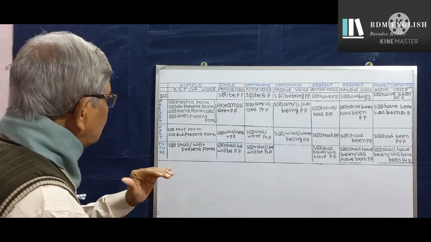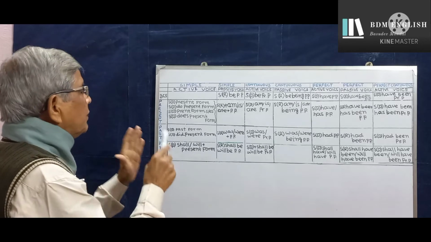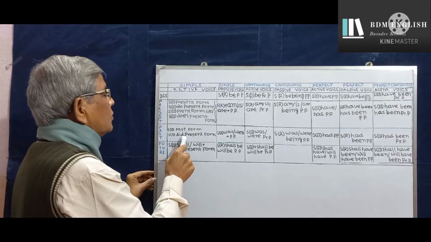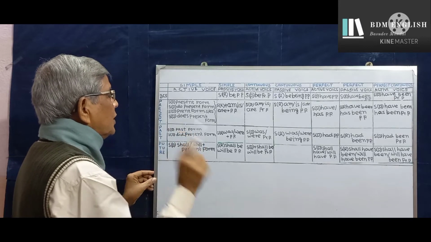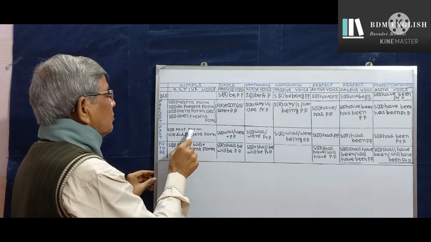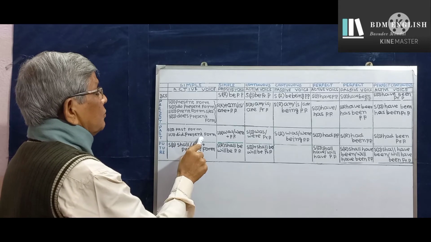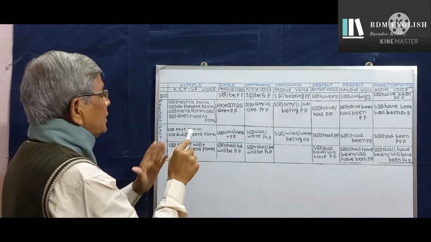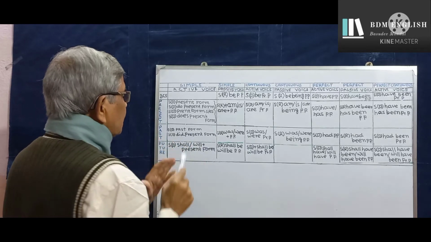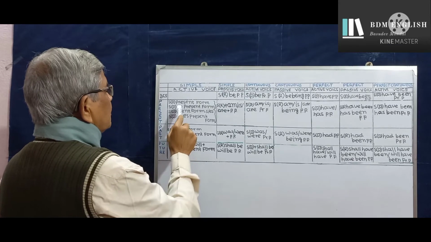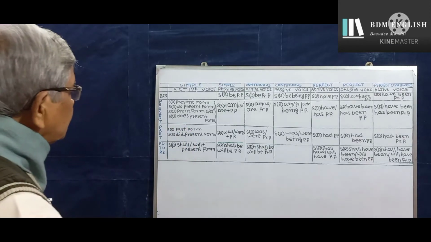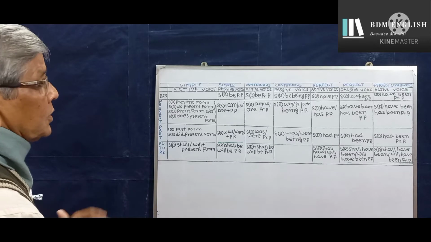Now, you have to bear in mind that when we make a negative sentence by using the alternative structure, we must replace the past form in the normal structure with the present form, because we cannot use any other form except the present form after the helping verb do, does, or did. Now, to make questions,